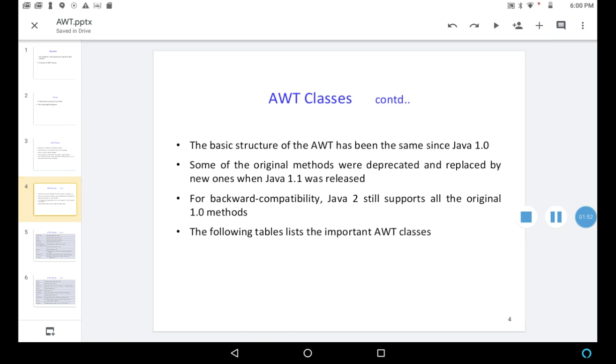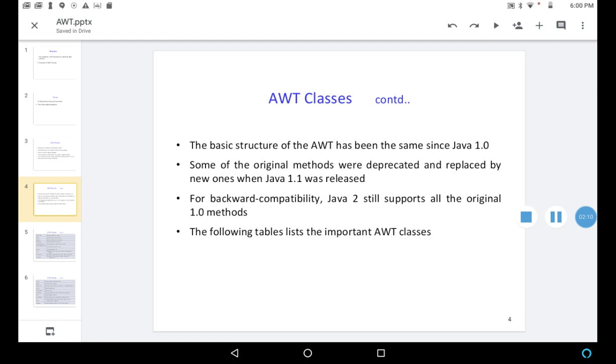The basic structure of the AWT has been the same since Java 1.0. Some of the original methods were deprecated and replaced by new ones when Java 1.1 was released.